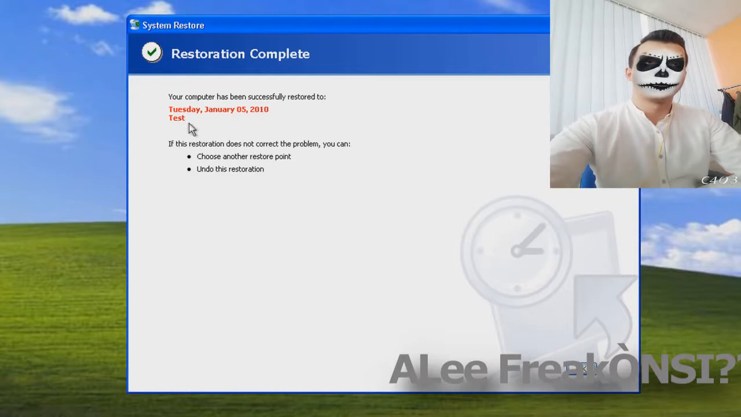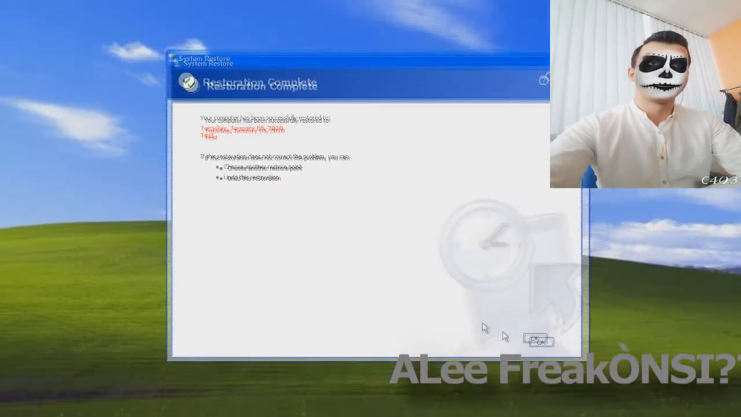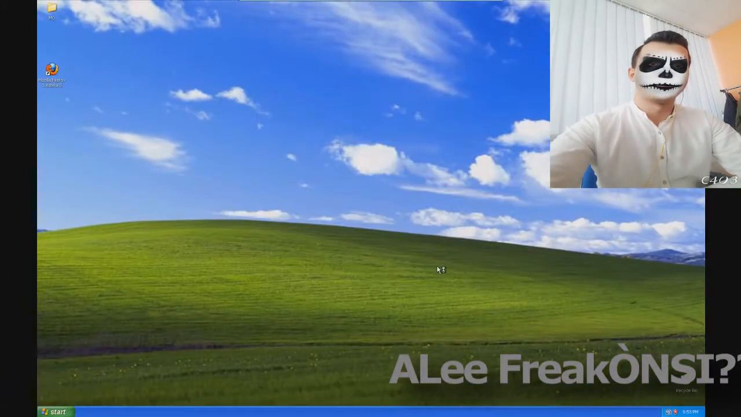So you go ahead and click next, and basically what's going to happen now is the system's going to reboot. Telling us obviously Windows is shutting down as normal, and here we go, we're actually entering into the system restore process now. And again, the restore point that we've just created, and again this will now say if this restoration doesn't correct the problem, you can choose another restore point, or we can undo this restoration. So if we click on OK,